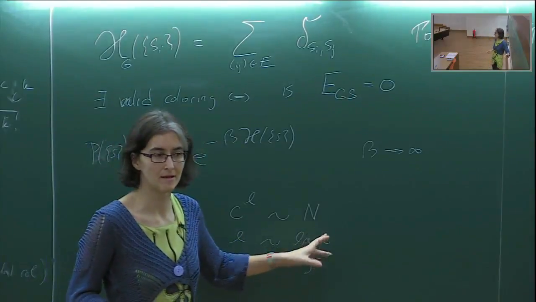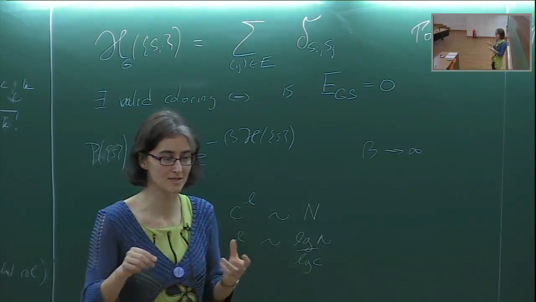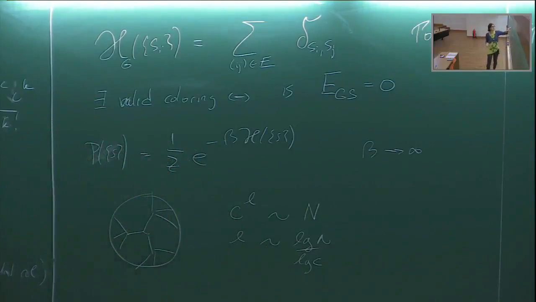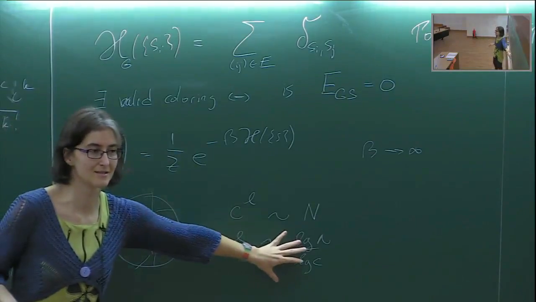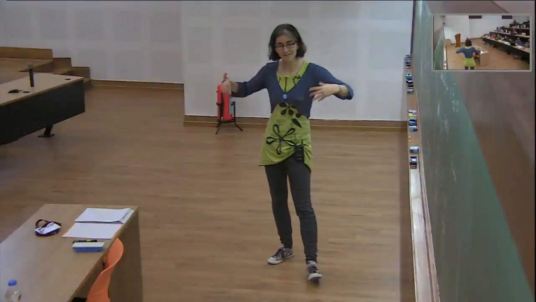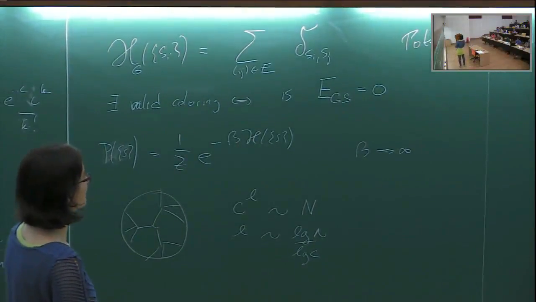As n goes to infinity, log n goes to infinity, so the distance at which we start closing loops is quite big. This is just hand-waving, but it can be made fully rigorous, and it's true as long as the second moment of this probability distribution is finite. This is a correct result: the size of the shortest loop that goes through a randomly picked node is log n times some constant. So these graphs basically look like trees up to some really large constant. And that's where the method that we will be using will kick in.